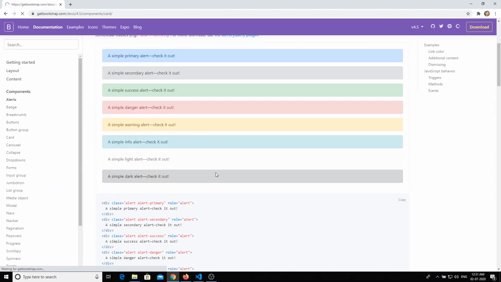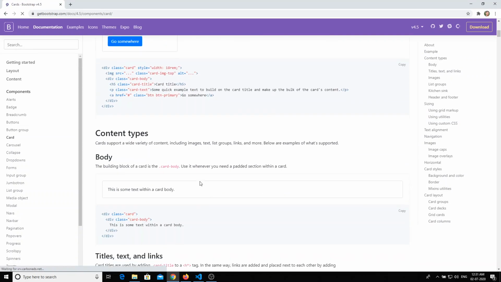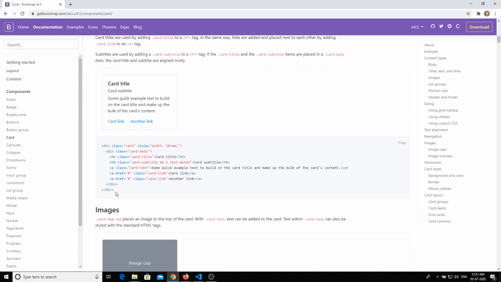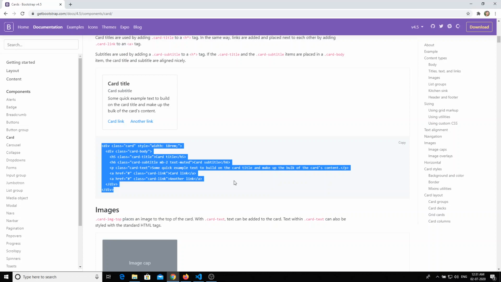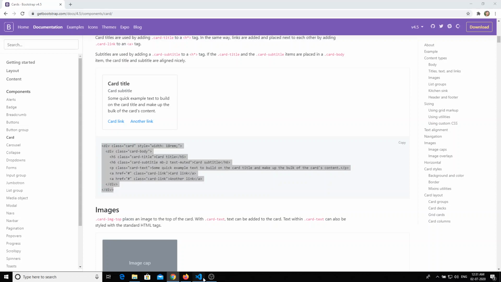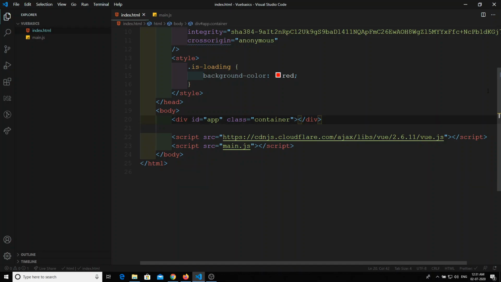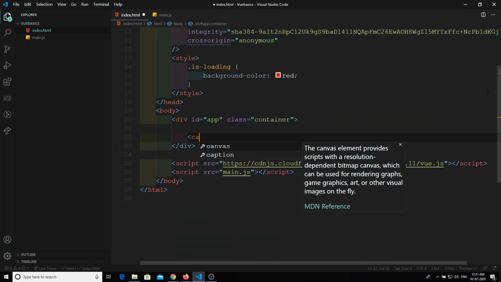So here if we go to the card component, here we have taken this one. What I will do is copy the same thing and create a small component with the name card.